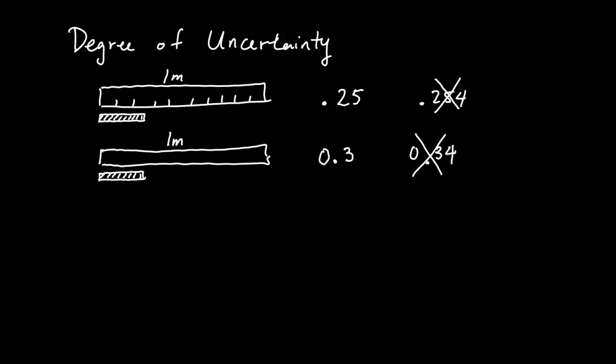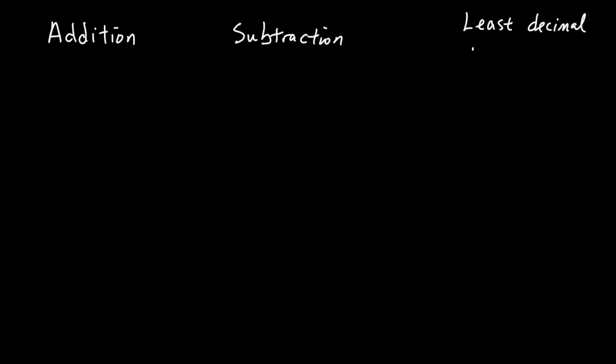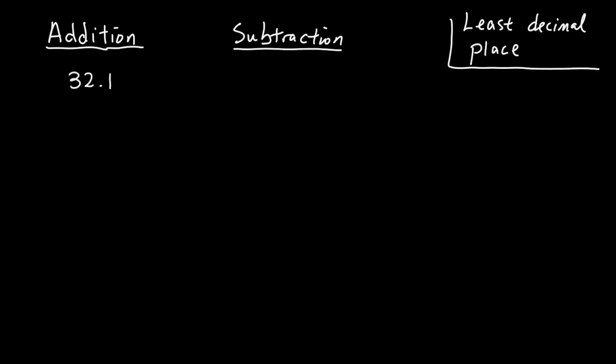Now let's take a look at addition and subtraction. Addition and subtraction have the same rule. The key to remember here is that you're looking for the number with the least decimal places. Go ahead and box that there. Okay, so let's take a look at an example. Let's say we were going to add 32.1 plus